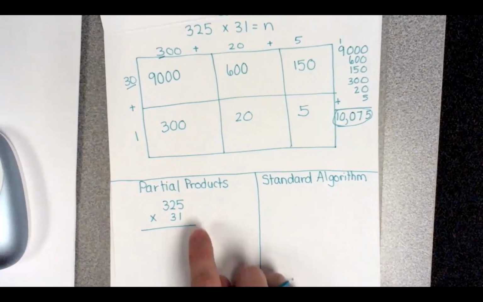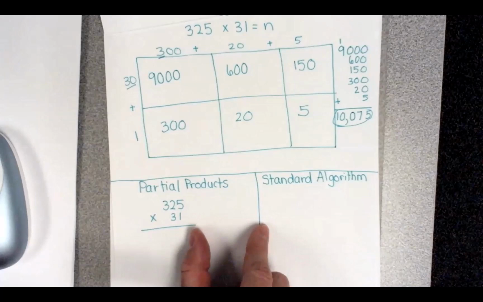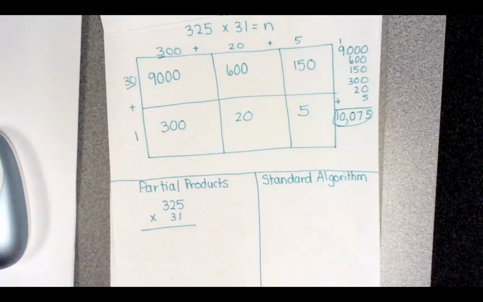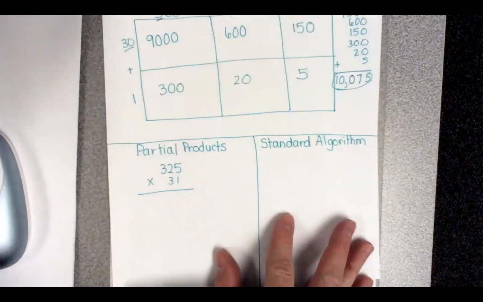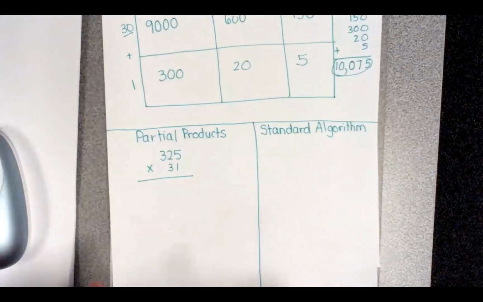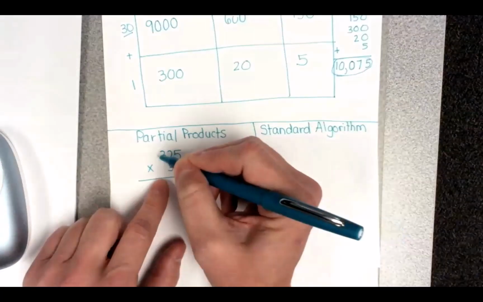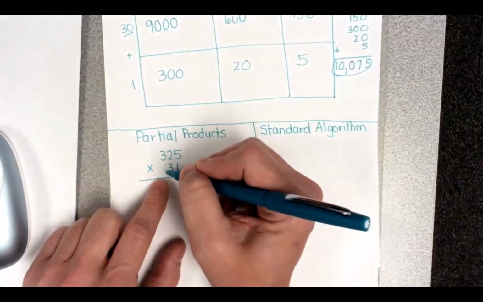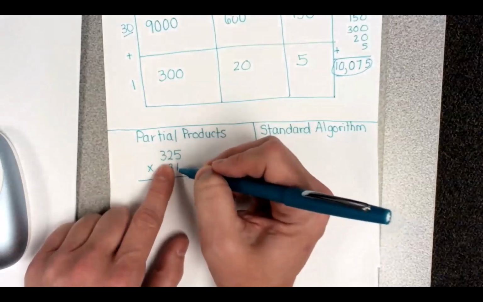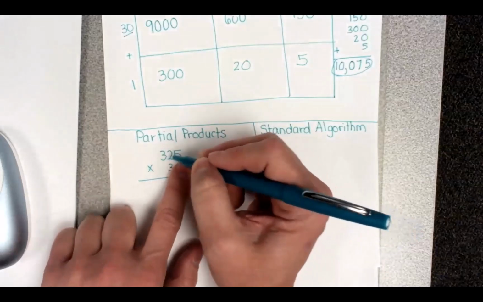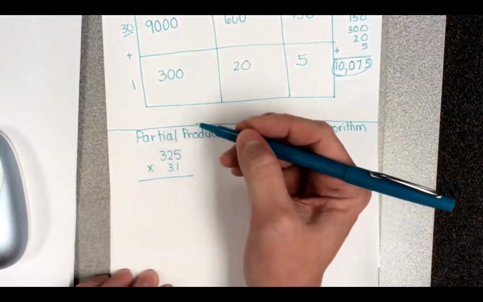So I'm going to be going place by place. So you also need always a little bit of space right here on the right to give yourself some room, and you'll see why in just a moment. I'm going to slide my paper up so you can see a little bit better. So I'm going to start with multiplying 325 by 31. So that means I'm multiplying 325 by that 1 in the ones place, and 325 by that 3 in the tens place, which has a value of 30. So I'm going to begin with